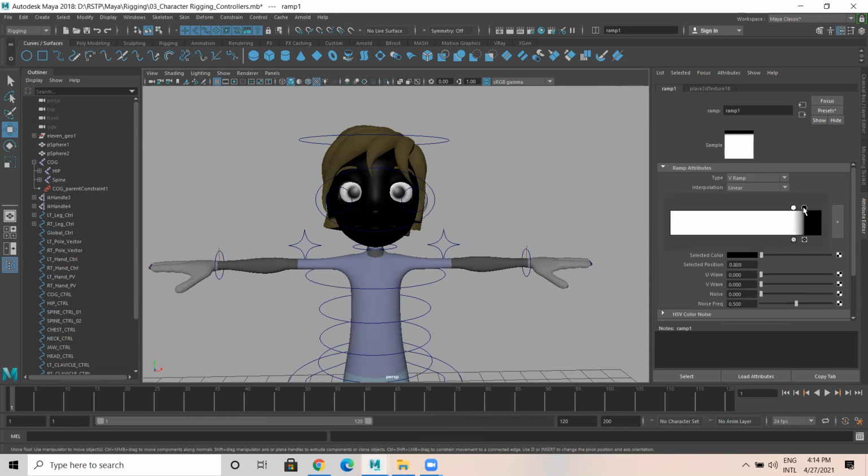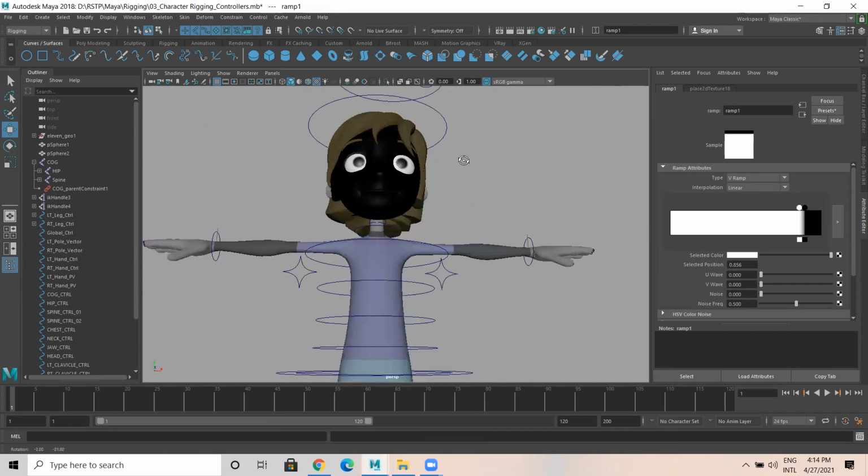For the time being, I'm just having this. Later, I can add any other color. So it's like this.